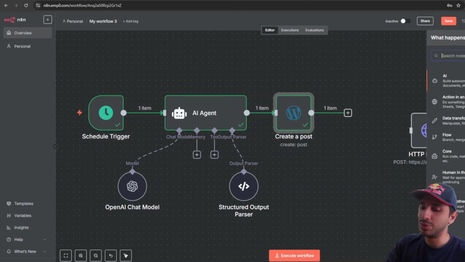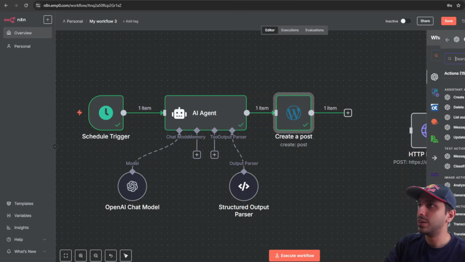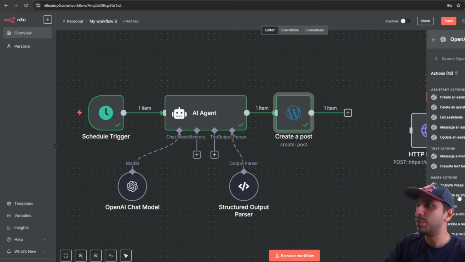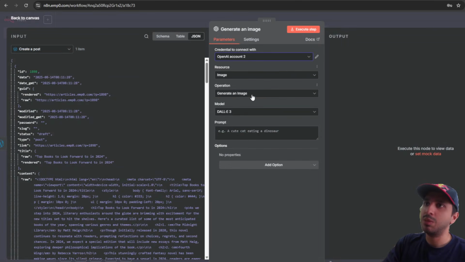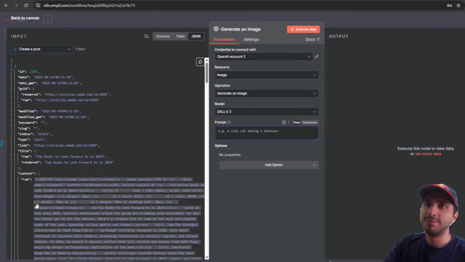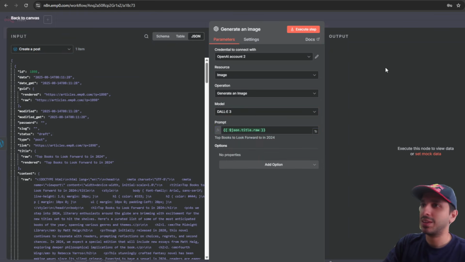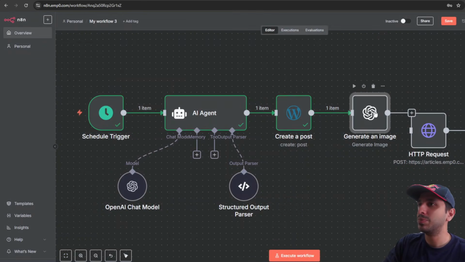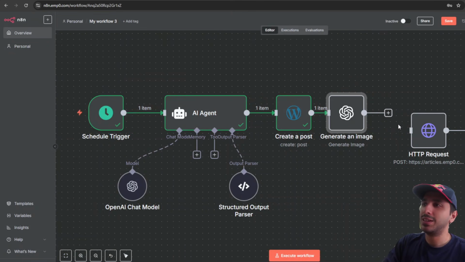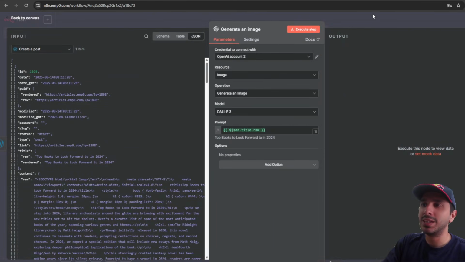So how I would do this is I would just use OpenAI, generate an image, DALL-E 3. What is the prompt? Let us just use the title as a prompt. Simple, very simple. Okay, let us test this out, and then once we have the data, we will be sending the data to